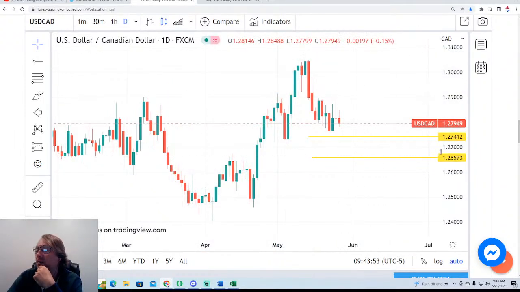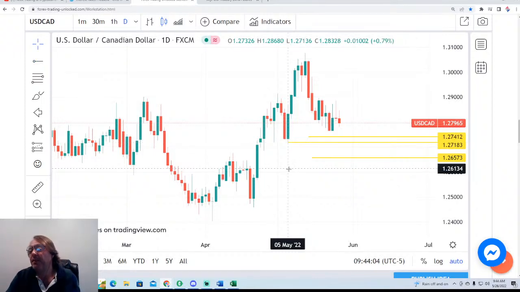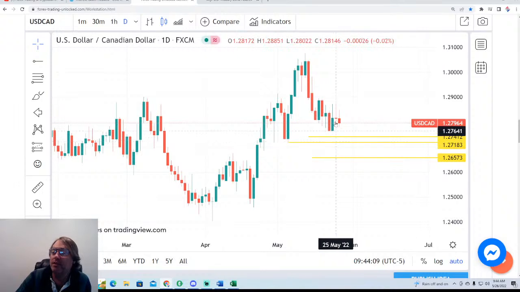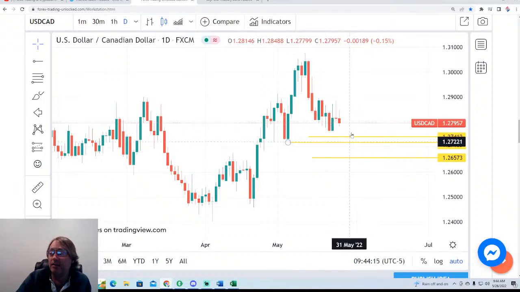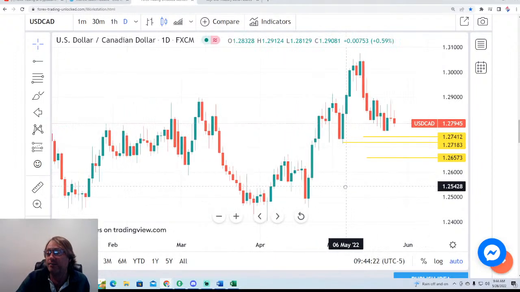Okay, so a failure from this last swing low has it looking to take this one out as well. And if it does, that doesn't necessarily mean that it's a bear market, but it definitely confirms that this is back into a neutral to lower posture. But we got to get down through this swing low and then through this one here to confirm that. Now, once it gets into this area, we have this little issue